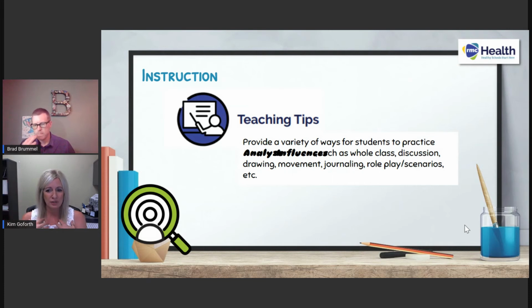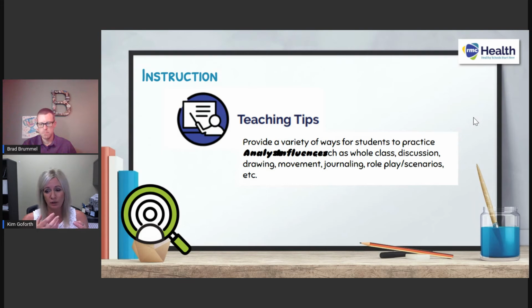So we have to give students chances to truly analyze as a whole class, as individual reflection, drawing, movement based journaling, role play. So giving kids an opportunity to practice analyzing is a teaching tip that moves us into their practice. So how can they practice? So if you use my examples of school and community health and policy and how that drives and influences health behavior, I think about what can I give them to analyze? And so as a practice opportunity, I would have to present my small groups or my whole class a health